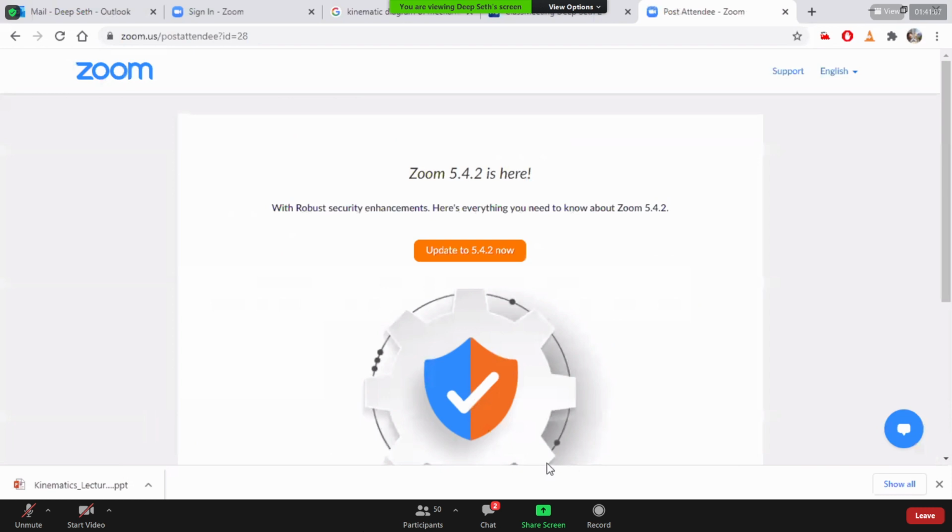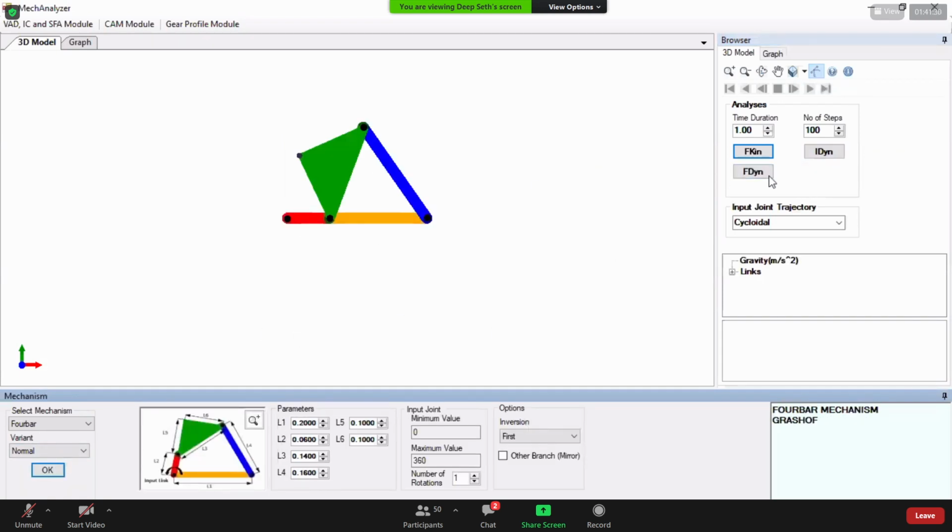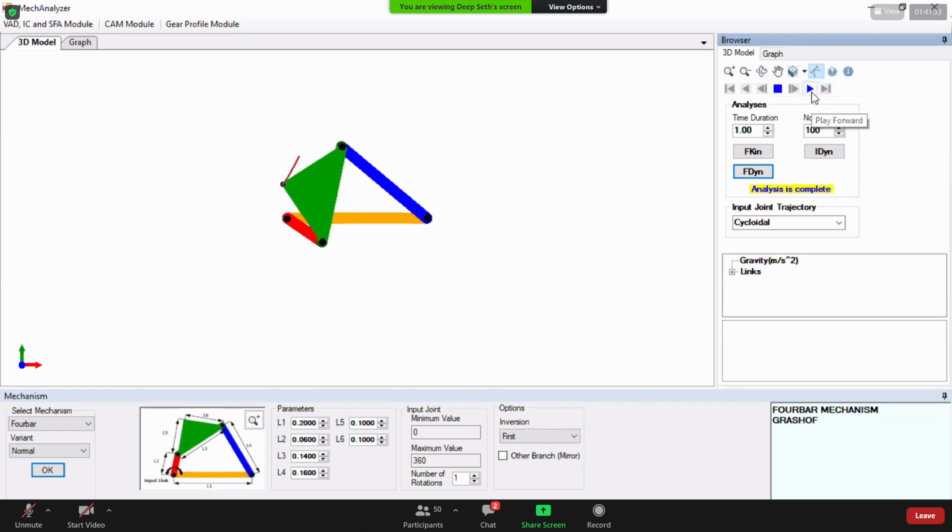When you go to the dynamics part, I don't know whether you have inverse dynamics and forward dynamics, so that you can also cover. But I think this software is only made for forward dynamics. Inverse and forward dynamics you cannot do in every mechanism, only in some of them. For example, in this one, you can do forward dynamics. Similarly, inverse also you can do, from the opposite direction.